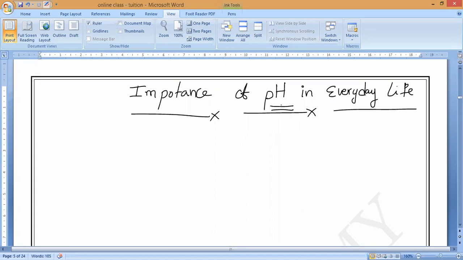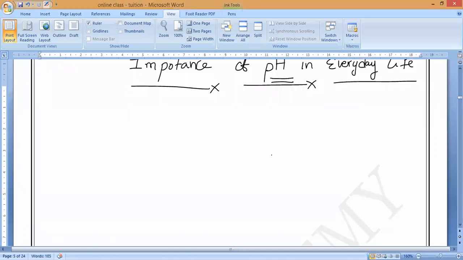For example, if we take the pH of the gastric juices in the stomach, what are gastric juices? Biology, life process we studied. Can you say the names? Sir, hydrochloric acid, pepsin, and mucus, which help in the digestion of food. Pepsin and trypsin, both. Is it correct, Anusri, Arya?